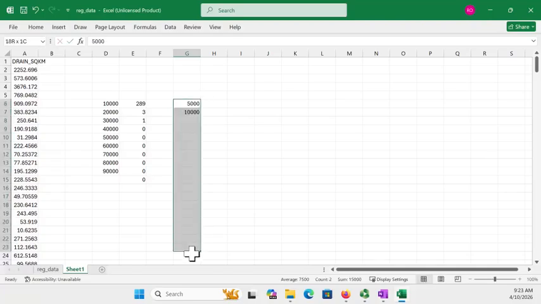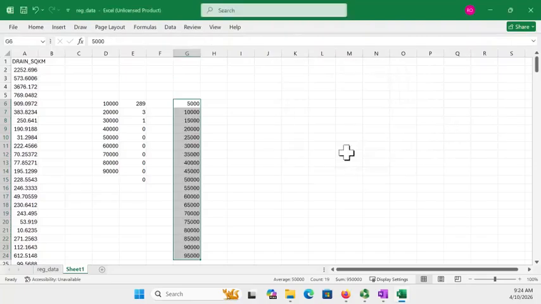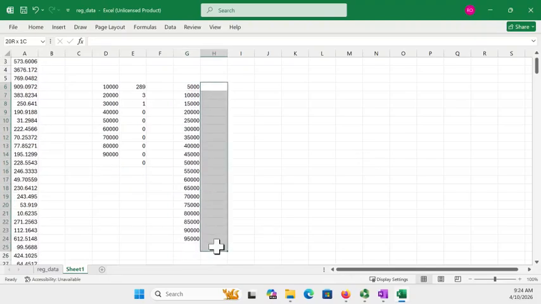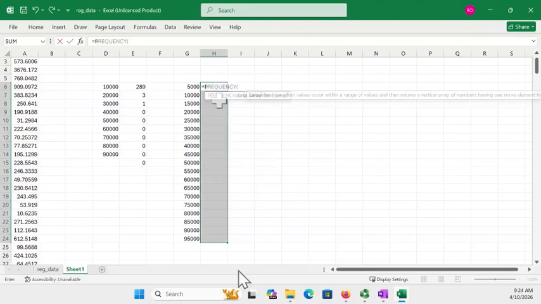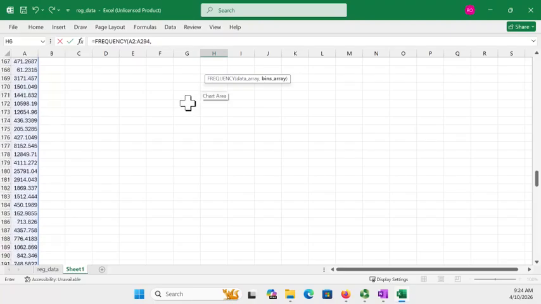So I'm going to do another frequency distribution. When you do these things, you never get to do just a regression or just one thing. There's always something that you need to look at before you get carried away making statements. So here I've got a 5,000s, and I'm going to do the same thing. Mark that area, equals frequency, mark the data, comma, then the bins array, which we just put in,